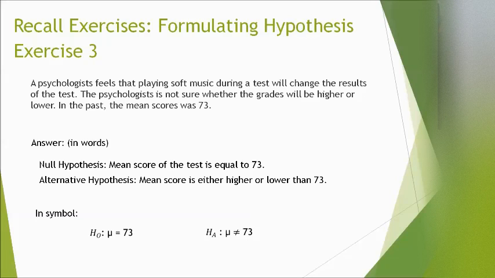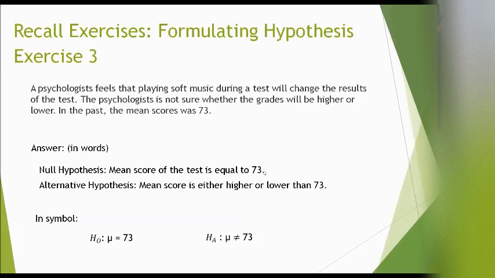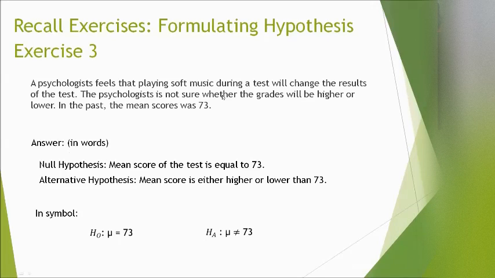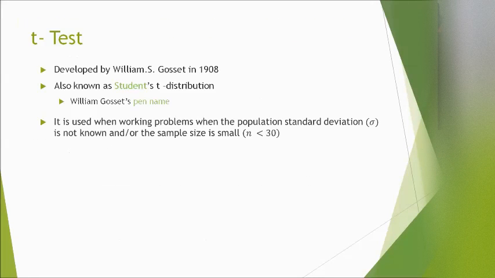Okay, so again for the null, it's equal. For the left tail test, you are using the less than sign. Okay, and then for the right tail test, you are using the greater than sign. And then for the two-tailed test, you are using the not equal sign. Okay, so those are the symbols that you have to remember and the words to remember in writing or formulating a hypothesis. Okay? Moving forward. Okay, let me show you the next slide.